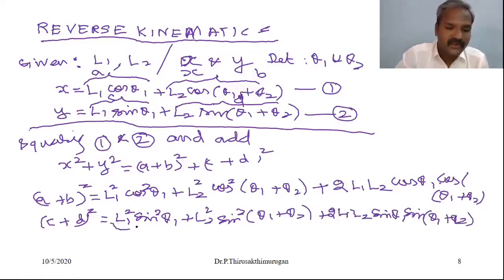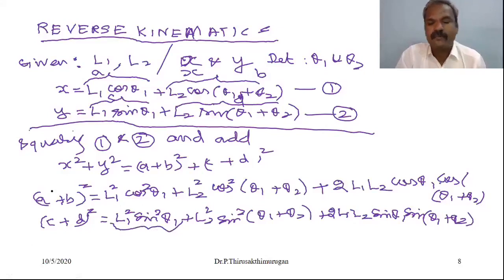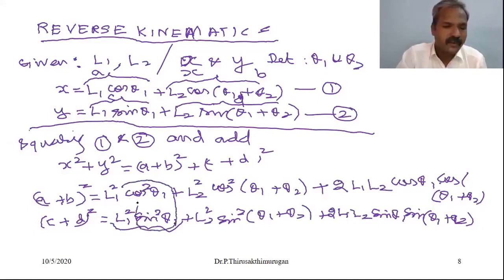When we add these two, what are you getting? L1 square bracket of cos square theta 1 and sin square theta 1. Addition of cos square theta plus sin square theta becomes 1. So these two become 1. So what is remaining? L1 square plus, similarly, cos square of theta 1 plus theta 2 and sin square of theta 1 plus theta 2, addition of these two becomes 1. So here we are getting only L2 square plus,